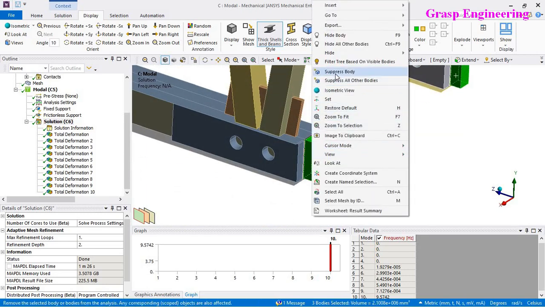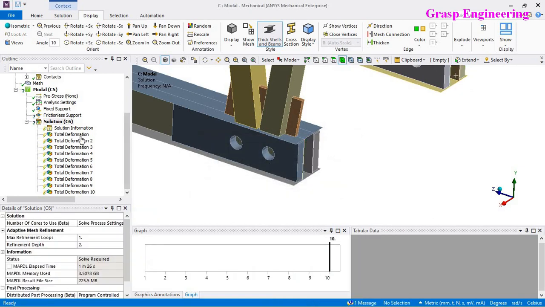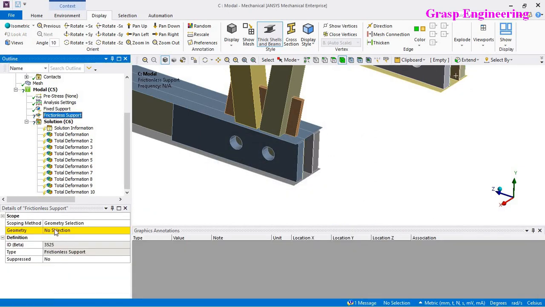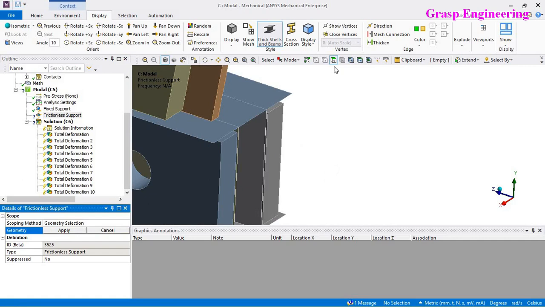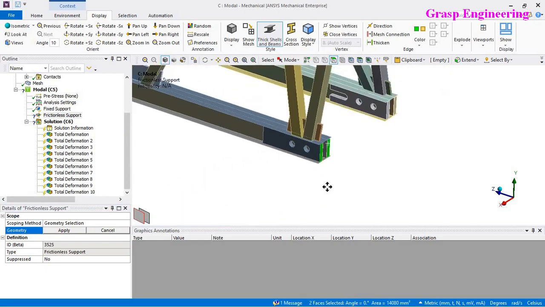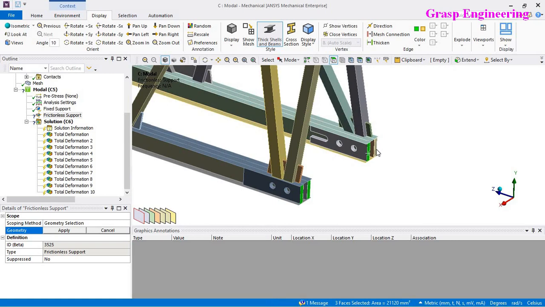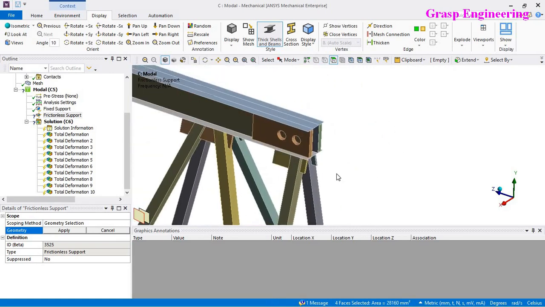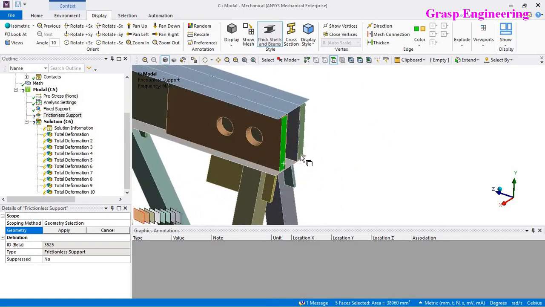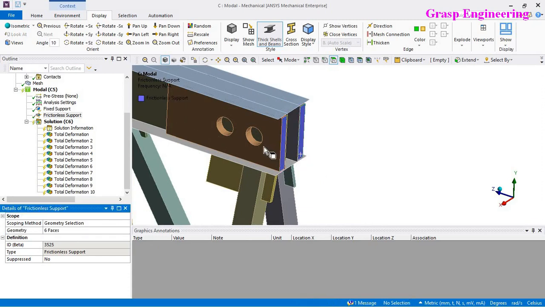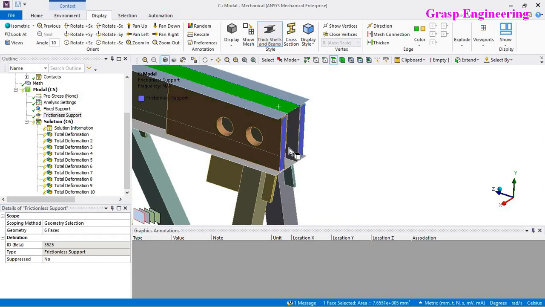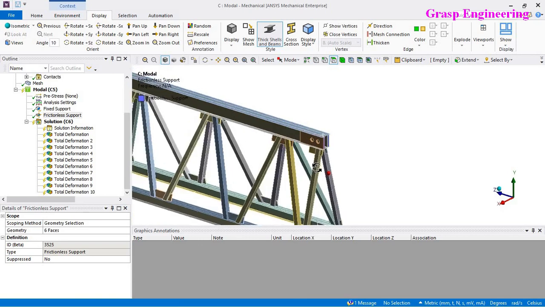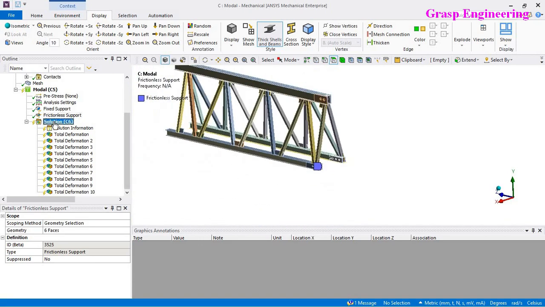So I will suppress it, and we will give a frictionless contact to these bodies. Okay, apply, and this body will have contact with these plates on either side. So let's try to simulate now further.